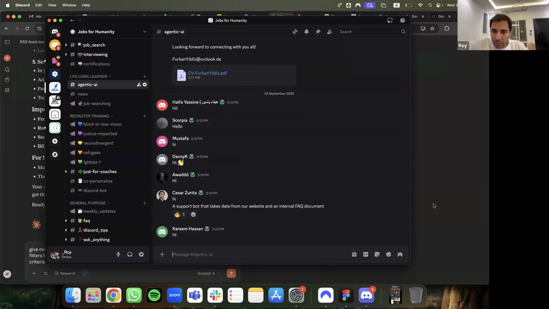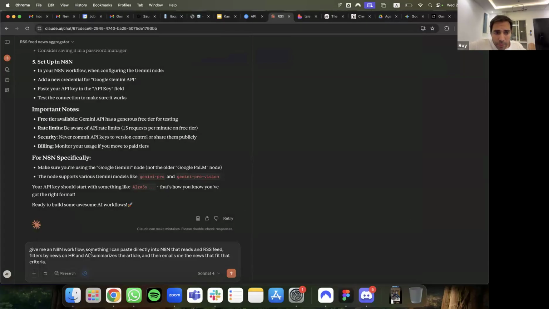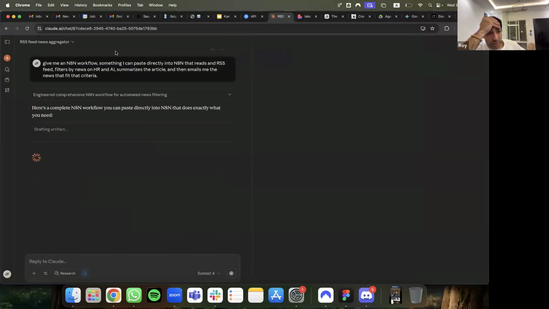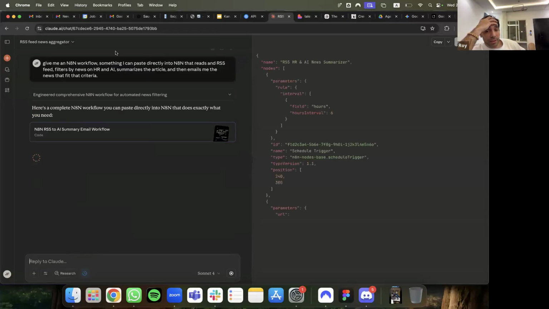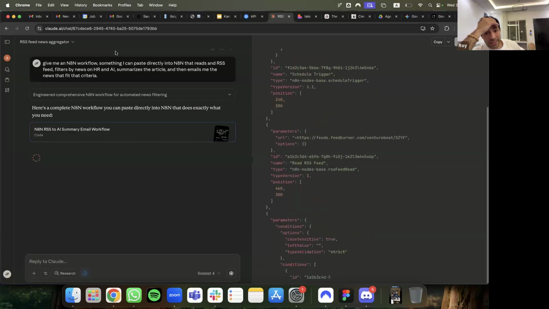Okay, now we get to the Claude prompt. I'm going to paste this here. I hit search. So now you're going to see how Claude is very good at giving you that. So here's a complete N8N workflow. Basically, you don't even need to do whatever you did before, but knowing how to debug it is really going to help you, because it doesn't still give you the whole thing correctly from the first shot. And from this, you're going to be able to put in your ideas.